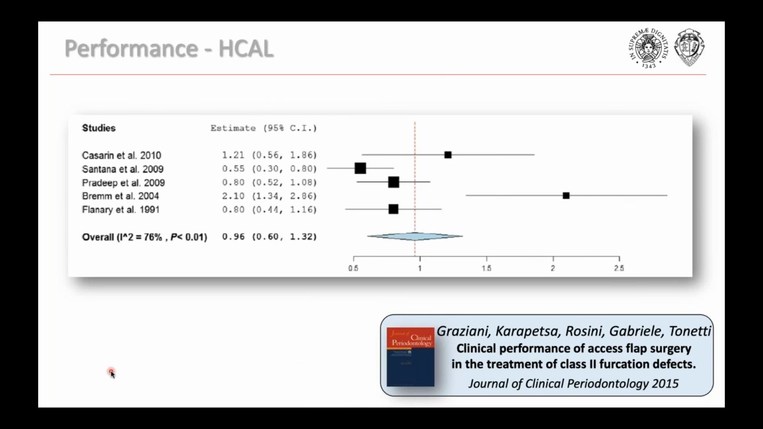And what is very clear is that on average, what you would achieve from a horizontal standpoint when you're doing a surgery on a bifurcation is approximately 1 millimeter of horizontal attachment gain, which is, to be honest with you, extremely limited. Surely it's not the extent that you would expect in order to change a bifurcation class. However, the reduction of inflammation was very high,